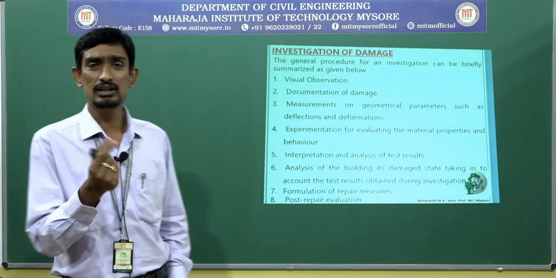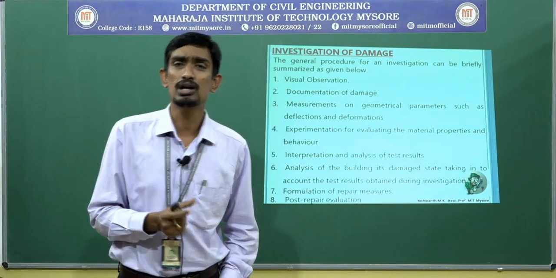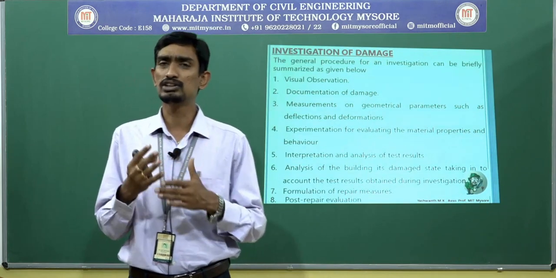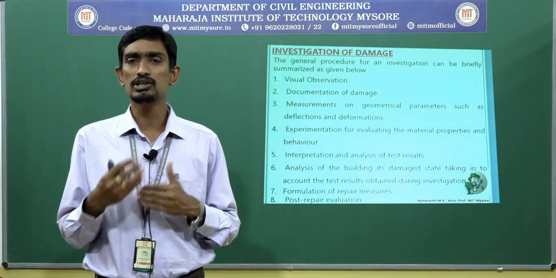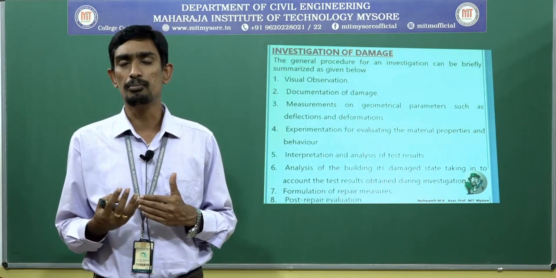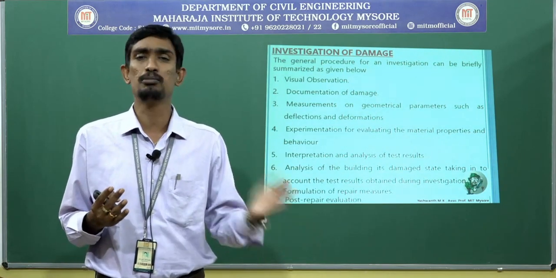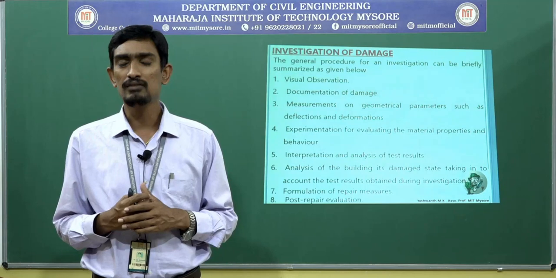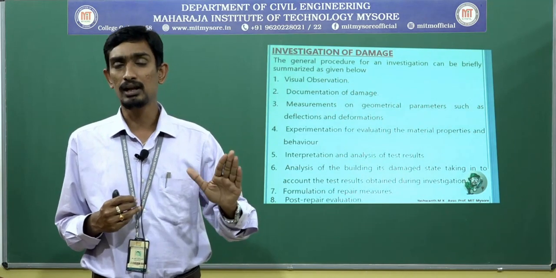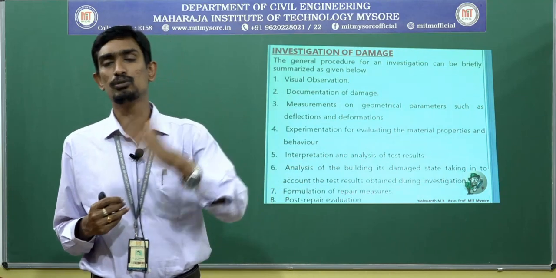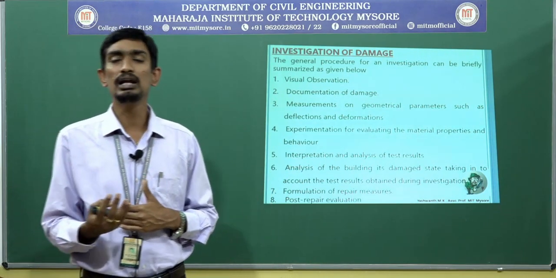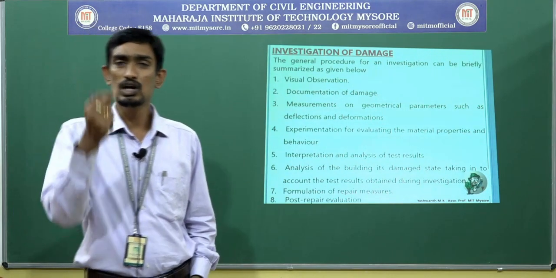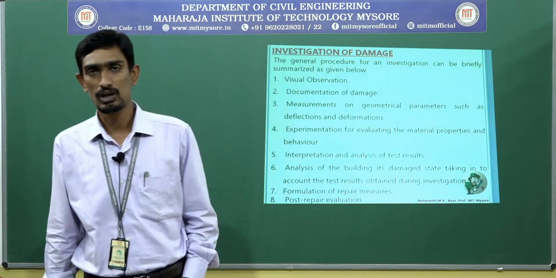So, in that we need to measure the geometrical parameters, that is the dimension of a column, dimension of a beam, dimension of a slab, and whatever the dimensions you have recorded from the structural components should match with the actual plan given by a client. Anyway, we will get the sanctioned plan, and that sanctioned plan dimension should match with the assessment you have done. While doing the damage assessment, you are going to record the dimensional parameters. That is one thing.